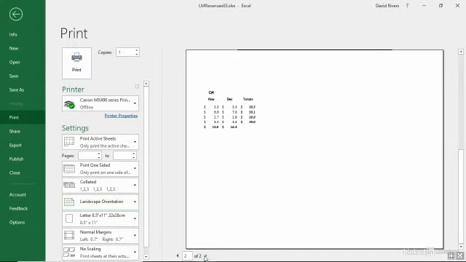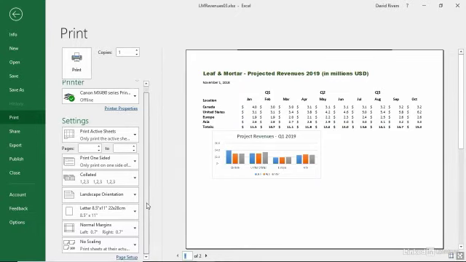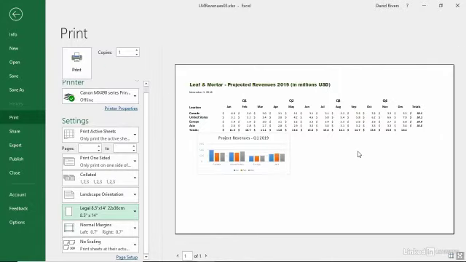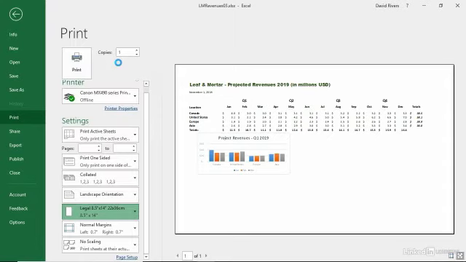So if we hit the arrow, you can see just November and December and our totals are not quite fitting on our first page. But as we scroll down a little bit further, we could change the paper size. For example, if we went to legal 8.5 by 14, I bet it would fit. And sure enough, it does. But if that's not an option, let's go back to our paper size and switch back to 8.5 by 11,